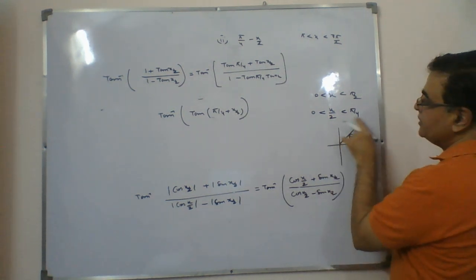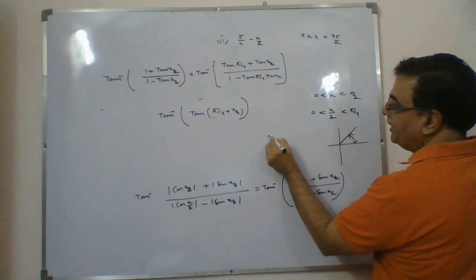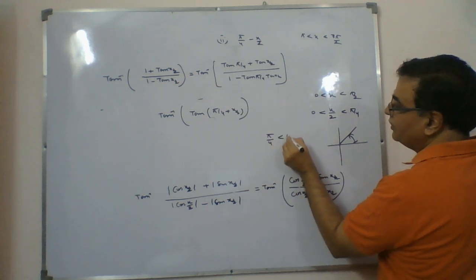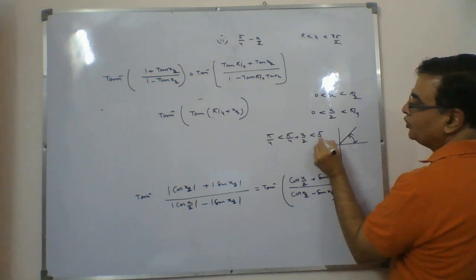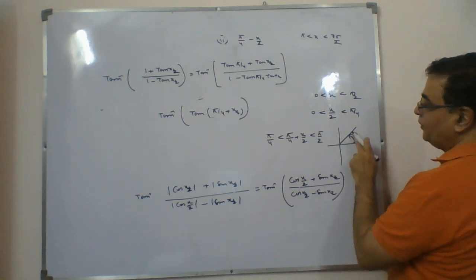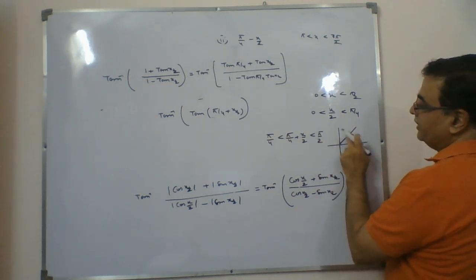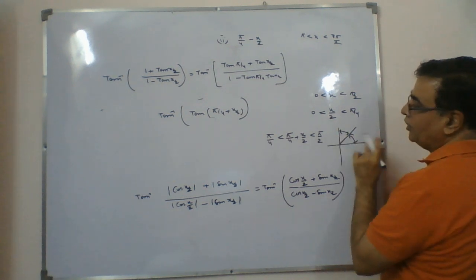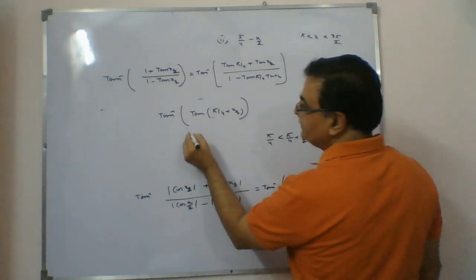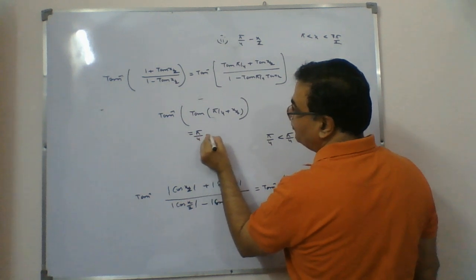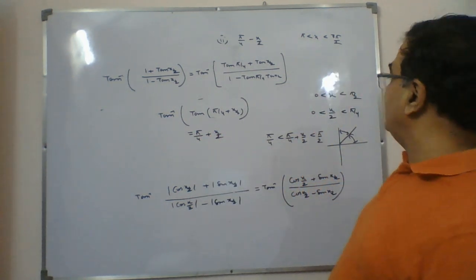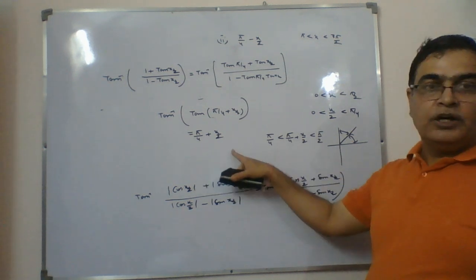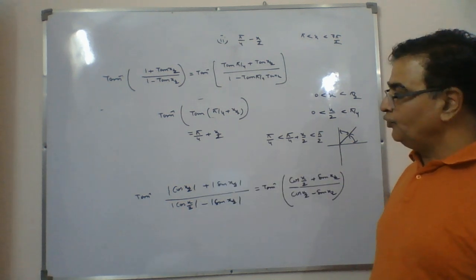X by 2 is between 0 and pi by 4. So when you add pi by 4, it will come to pi by 4 plus x by 2, and this is pi by 2. Yes, so it is pi by 4 to pi by 2, that is, this quadrant. Still it is in the first quadrant. So yes, the answer comes out to be pi by 4 plus x by 2. This is question number 1 we have completed, so we have proved pi by 4 plus x by 2 now.